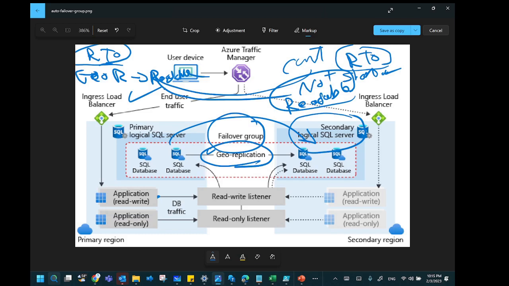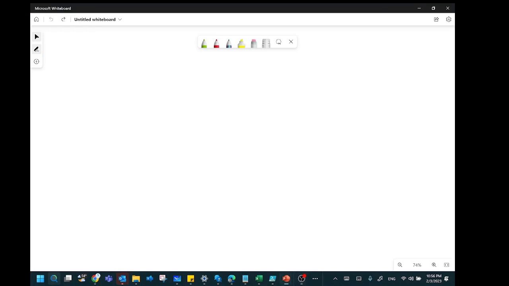Another thing, maybe we are talking about RTO. Geo-replication is also designed for use across multiple regions. As we mentioned, the difference between failover group and geo-replication is single or multiple regions. Geo-replication can provide a longer recovery time objective, RTO, compared to failover. So for RTO, you have to talk with the customer. If you go with a failover group, it will be a shorter RTO, and if we go with geo-replication, it will be longer. I think it will be clearer if we talk about the data flow. So for the data flow, let's go